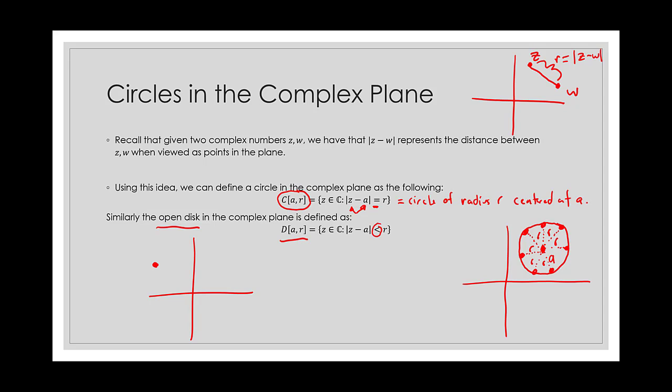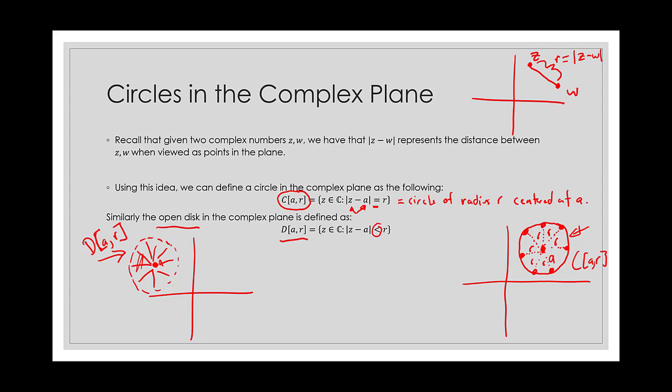So now we go out our distance, okay, but now we don't include the boundary, but we want every point that has distance less than R from A. So we're including all of this now. So this right here, this would be D, bracket A, R in this case. And over here on this side, this would be C(A, R). Okay, so this is how we define circles and open disks in the complex plane. We use the modulus.